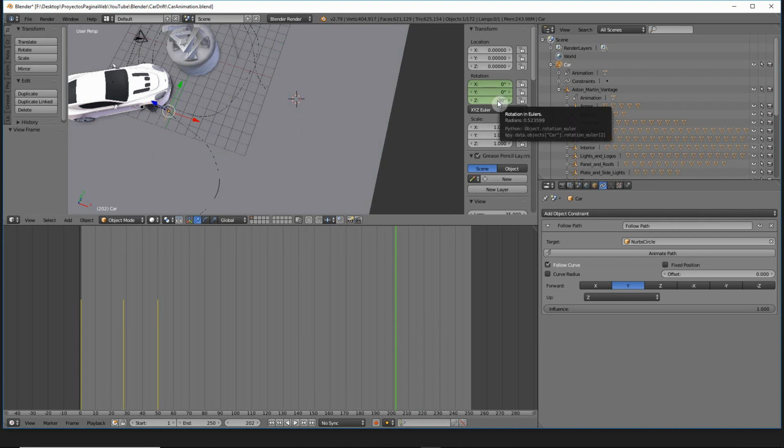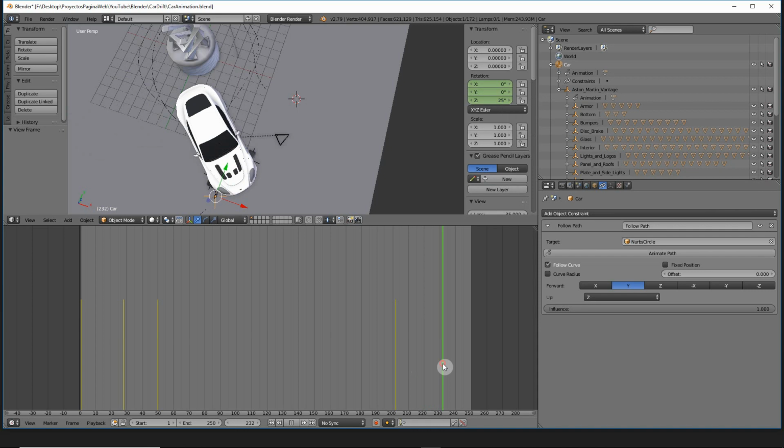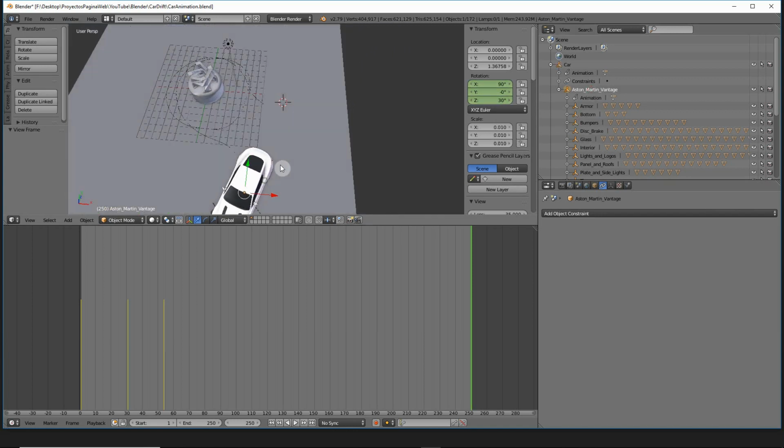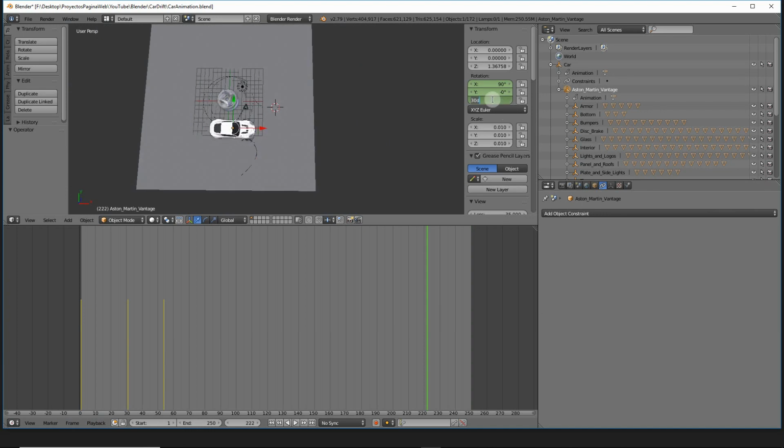So here we are going to start putting it to 25. Then we put an I, we set a keyframe, and then here it should start being maybe a 20 or maybe a 10. We put an I, and by the end it should be at 0. We put another I, and the car should also go back to the normal location.